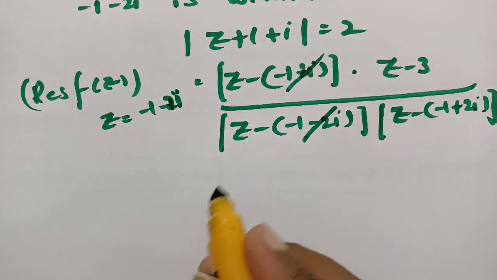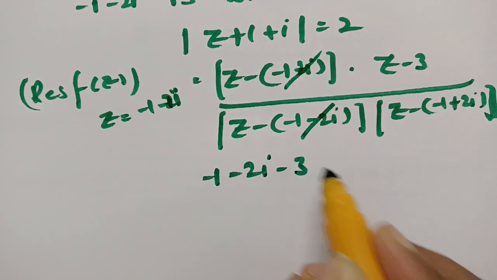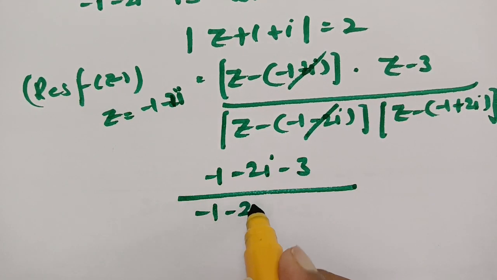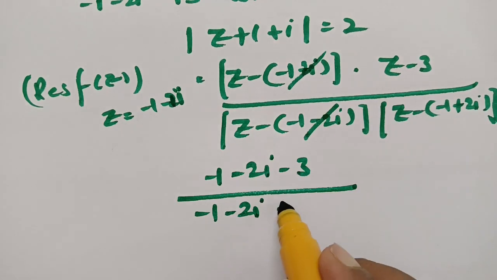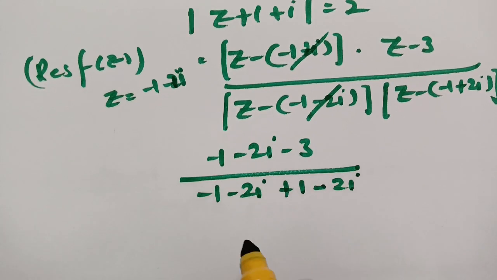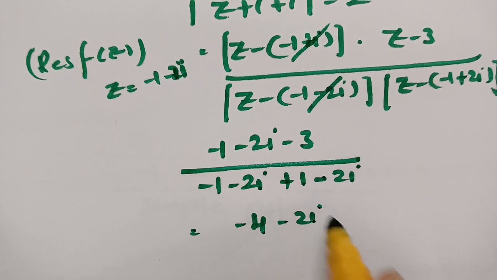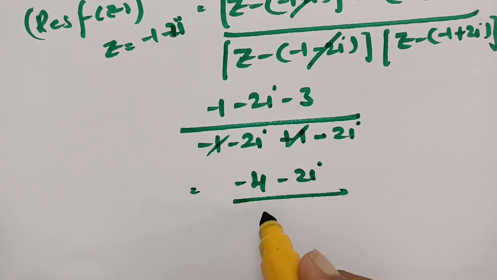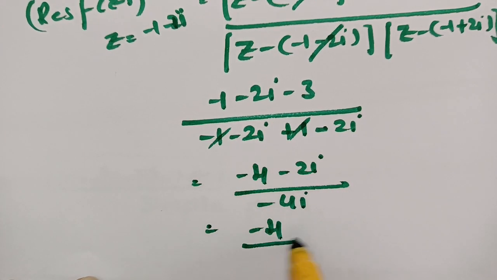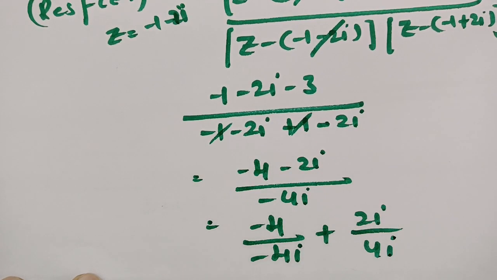And we have to substitute z as minus 1 minus 2i: minus 1 minus 2i minus 3, divided by minus 1 minus 2i plus 1 minus 2i. See, this value will be minus 4 minus 2i divided by minus 4i, clearly. So if I divide minus 4 by minus 4i, and plus 2i by minus 4i,